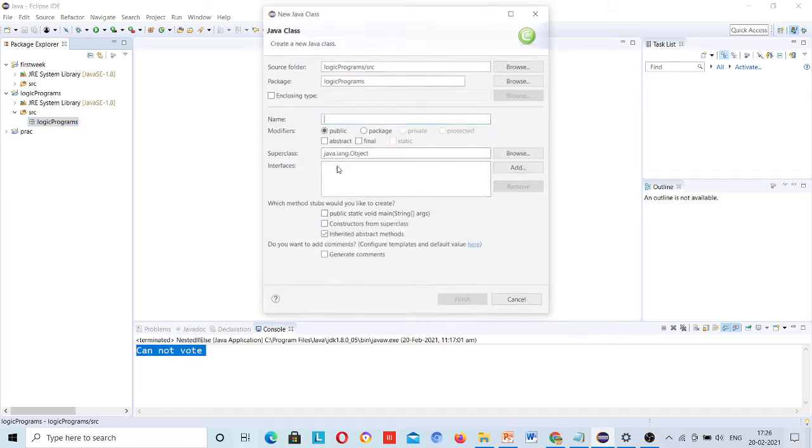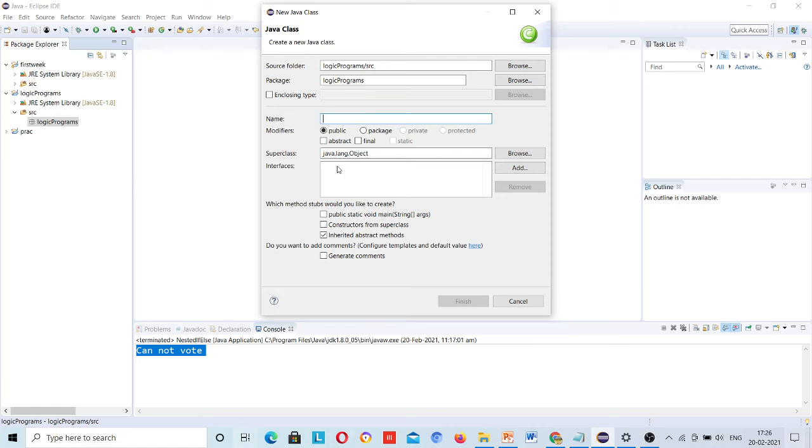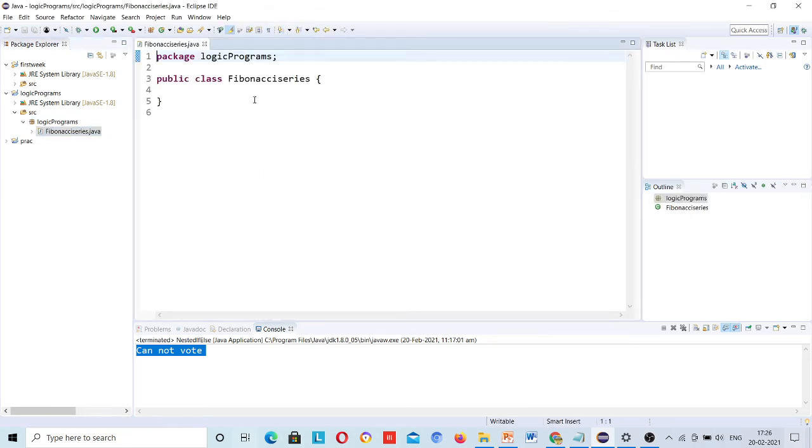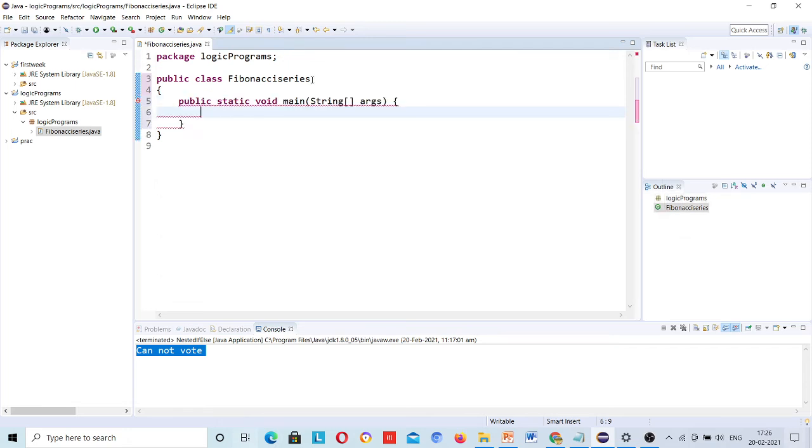New class, Fibonacci series. Okay, if you forgot to write the main method, type main in Eclipse in Java and press Ctrl+Space, and this will become like this. Now integer previous value is equal to initially 0, and integer current value is equal to initially 1.